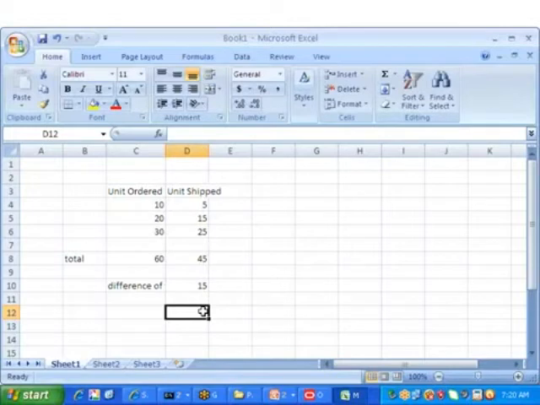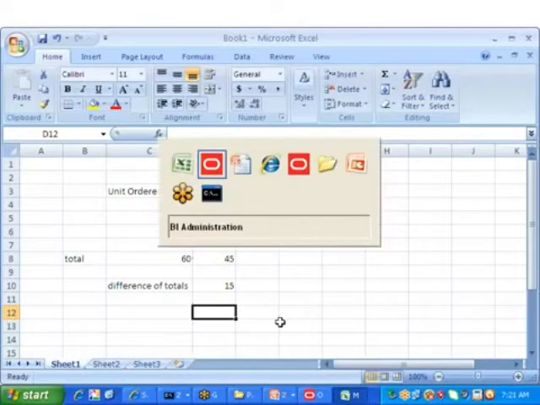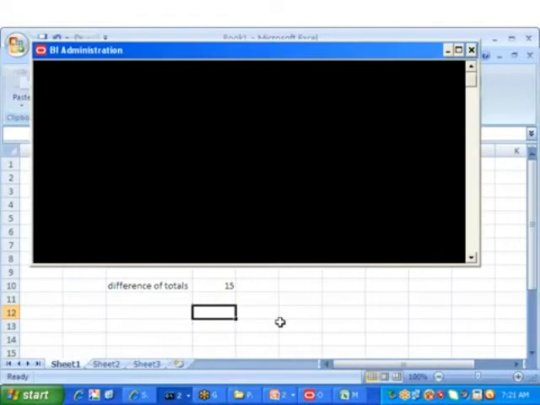Individual unit orders, it is summing, and finally we are getting one number. Individual unit shipped, we are summing, and finally we are getting one number. The two numbers, it is subtracting. Okay, this point we understand very clearly, no issues. Now let me go for the next type of calculation.